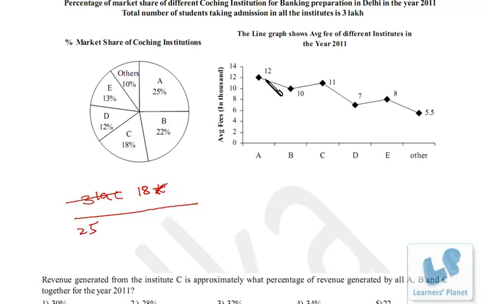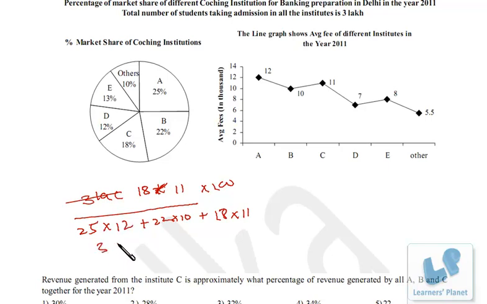So precisely it is 25 into 12,000 plus B is 22 into 10,000 plus C is 18 into 11,000. So that's 11 in the numerator also. So this is the calculation that we have to make, and obviously into 100 also. This is contribution of C, and this is a total A plus B plus C, right?